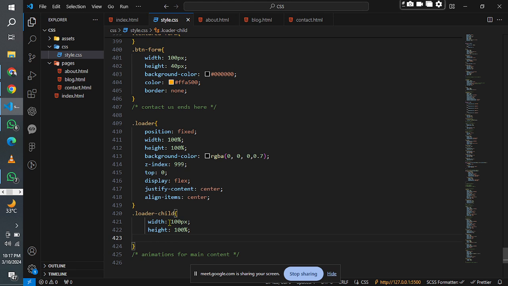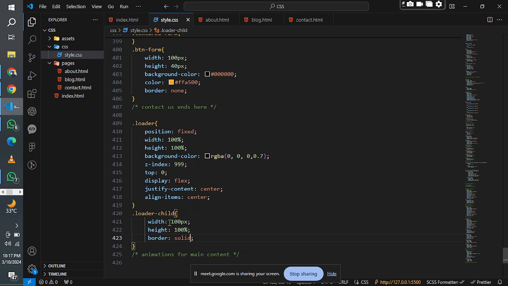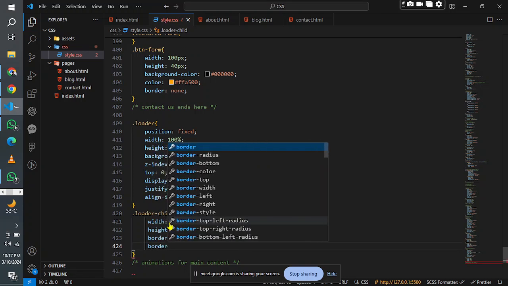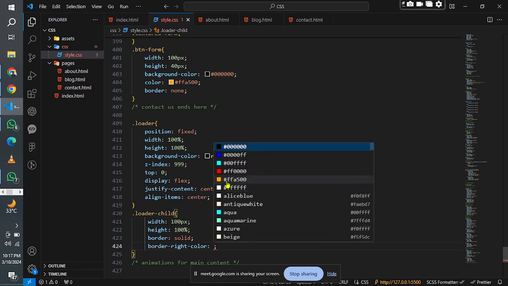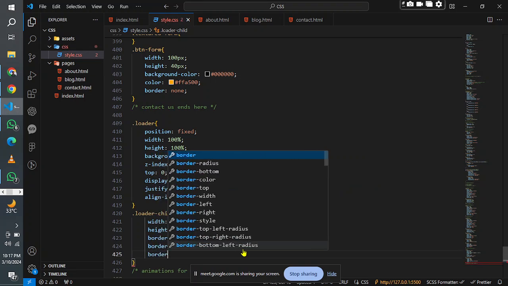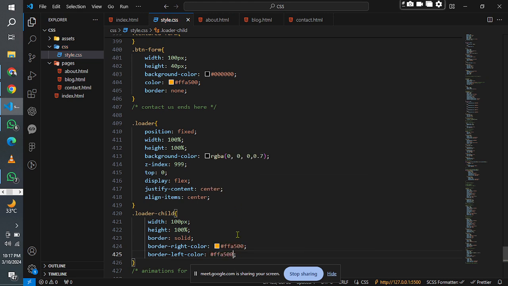Okay, a border of solid, and I can say a border right color of, let's say, orange, a border left color of, let's say, the same orange. Okay,